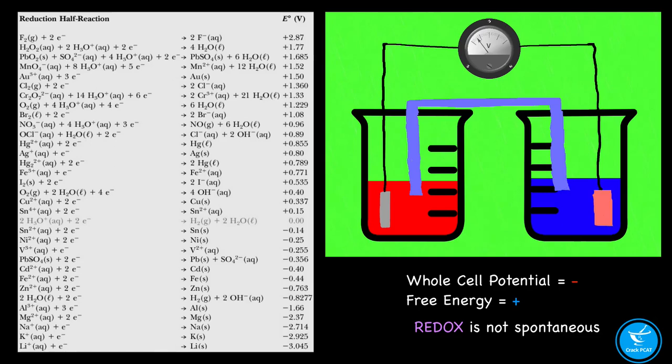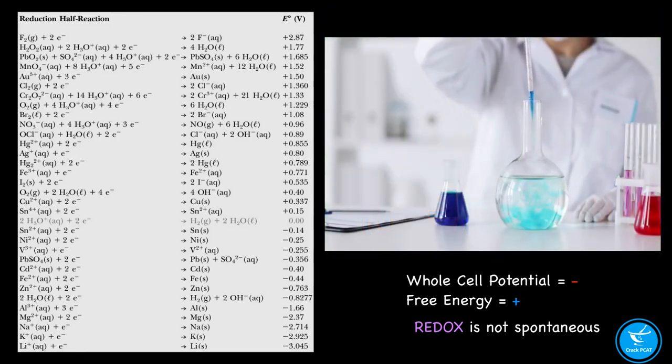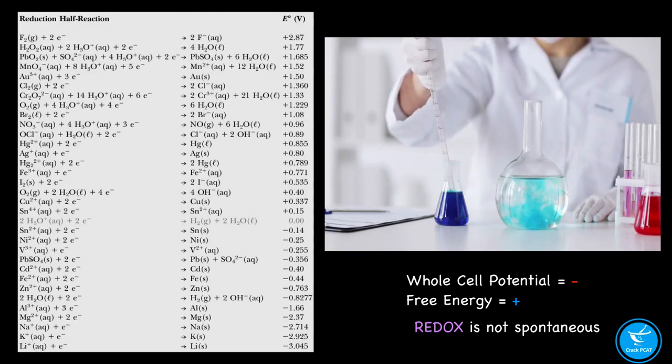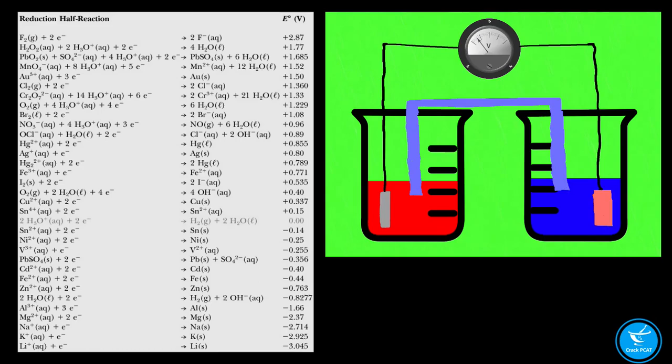These situations are true whether or not the reaction is configured as a voltaic cell or as an ordinary process where the reactants and products are combined and mixed in the exact same reaction vessel. This is valid because the free energy change for a reaction depends on the concentrations, but not on the way in which the reaction is actually carried out. Specifically, if the reduced